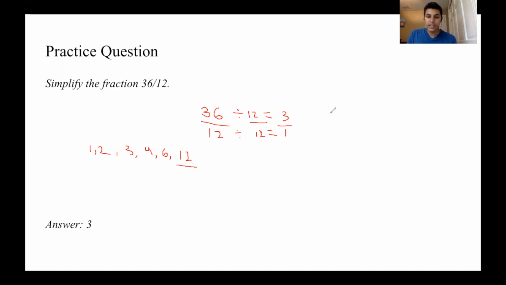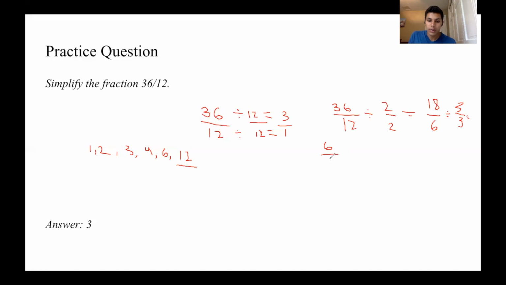Now, if we were to go a different route and say we figured out that they're both divisible by 2, this is still going to work. It's just going to take a little bit longer. Let's say we used 2 and divided both the top and bottom by the number 2. Then we would get 18 over 6. Now, if you look at these numbers, 18 and 6, you can actually see that they're both divisible by the number 2 again, or both divisible by the number 3. So let's say we did one of those and divided it by 3 over 3. Then we would end up with